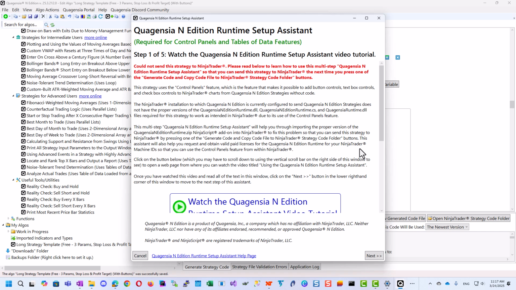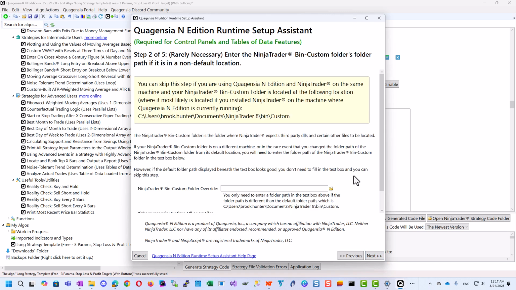Once you complete this assistant, you'll be able to add buttons, checkboxes, and text boxes to a NinjaTrader chart upon which your strategy is applied, and you will be able to read and write tables of data to and from tabular data files from within your NinjaTrader strategies. Let's get started. Click Next to go to Step 2, which allows you to enter a non-default location for the